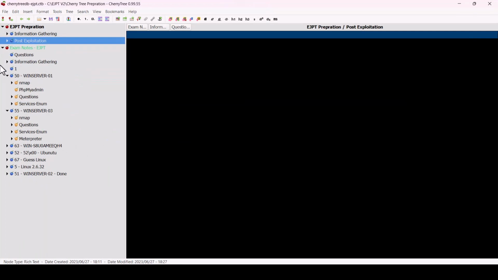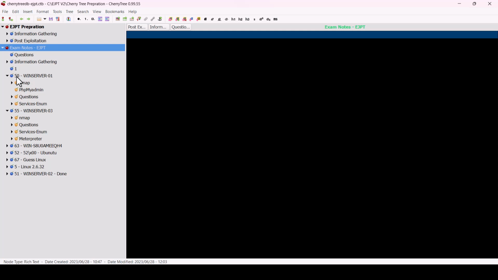So here you can see my CherryTree document. I am not going to open any of the sub nodes to abide by the privacy policy of INE. Okay, so you see I have the questions tab where I had all the 35 questions. After that, I have the information gathering I have performed. I saved all of that in here. Then the IP addresses I have found, I have shared their IP addresses and used only the last octet as a main